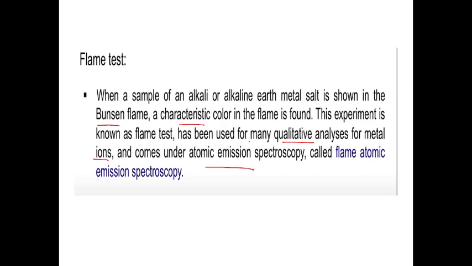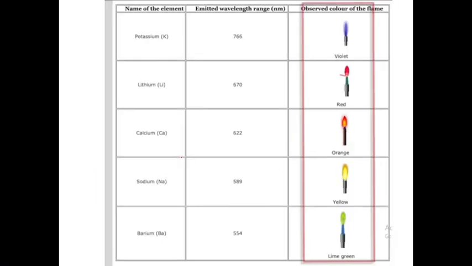So a characteristic color is produced in the flame, and that is because of the emission of radiation. This experiment, known as the flame test, has been used for many qualitative analyses of metal ions and comes under atomic emission spectroscopy, also called flame atomic emission. What I mean to say is that if an alkali or alkaline earth metal is presented into a non-luminous flame, you will see that a definite color is imparted